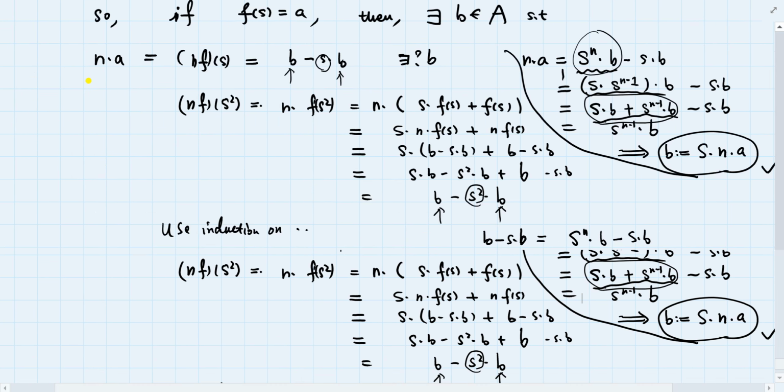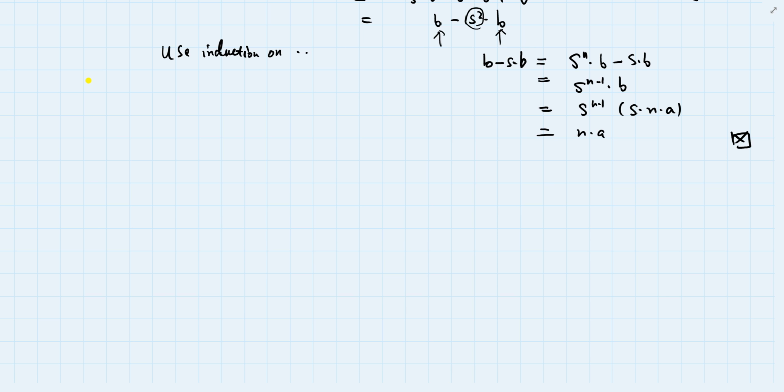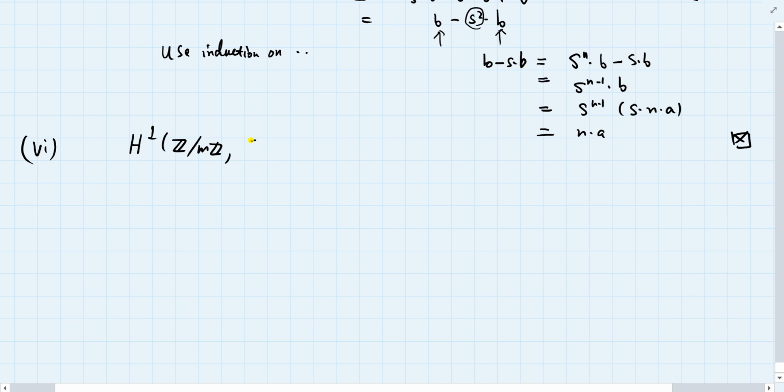Anyway, so the last one is in this case, if m and n are co-prime, then this is 0. This is obvious, since it's killed both by m and n. If co-prime, they're killed by 1. Identity. And the last one is